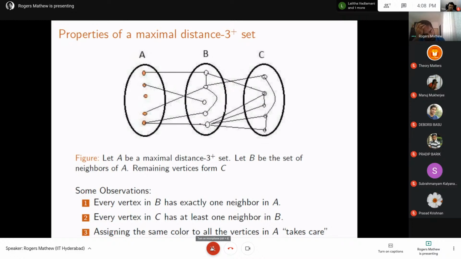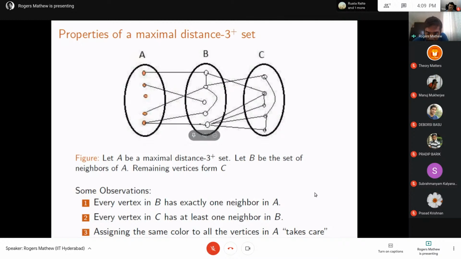So you can see every vertex in A satisfies the property we are looking for. Similarly, every vertex in B has also been taken care of. So the bad guys are the vertices in C, which do not see any color in their close neighborhood, let alone some color appearing exactly once. Okay. Now,